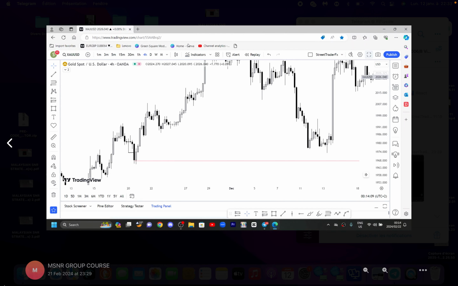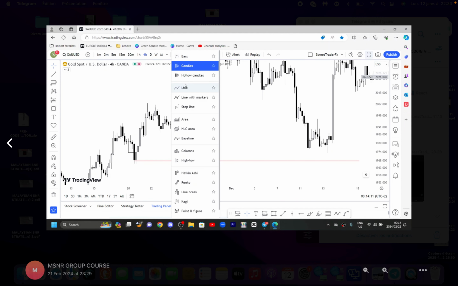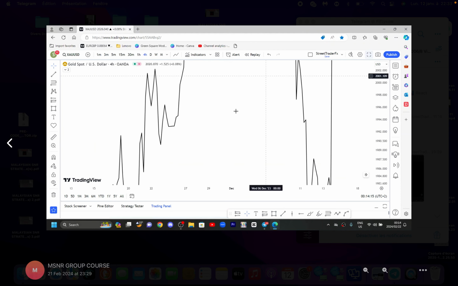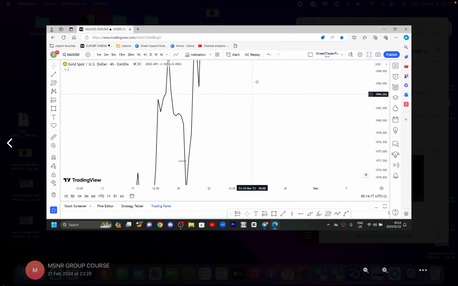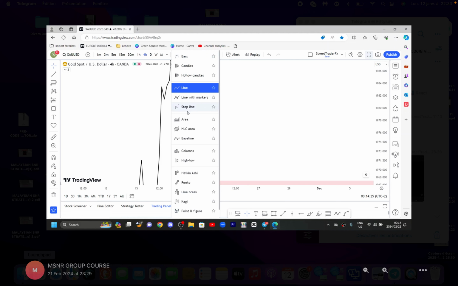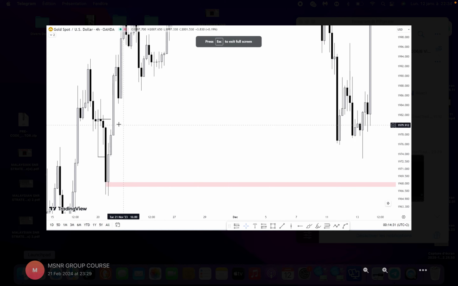How do you check where the structure has been broken? Just use the line chart. Wherever there's a little bend right here, mark it up, bro. That's your break of structure. If you want to make it difficult and argue with the concept that I'm showing you, then it's all on you, bro. Just keep it simple like that. Fine. After we broke the structure,